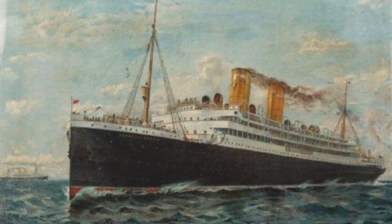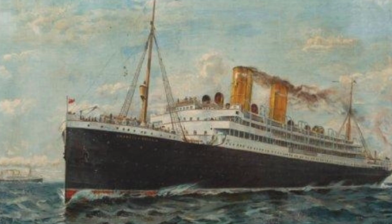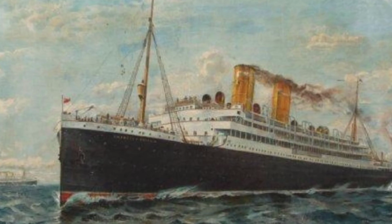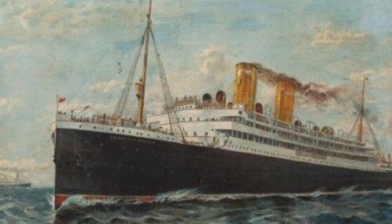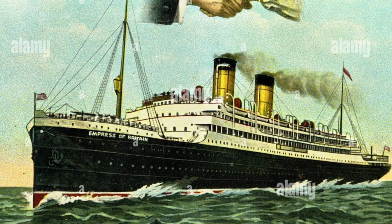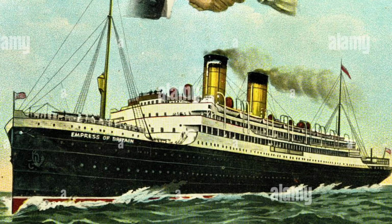She'd go on to serve her owners without event until 1924, when she was sent for a refit that made it so she could carry 600 cabin-class passengers and 800 third-class passengers. This refit also saw the Empress of Britain's name being changed to Montreal. She'd go on to serve the Canadian Pacific Line without event throughout the Roaring Twenties, but unfortunately she wouldn't survive much longer beyond that,